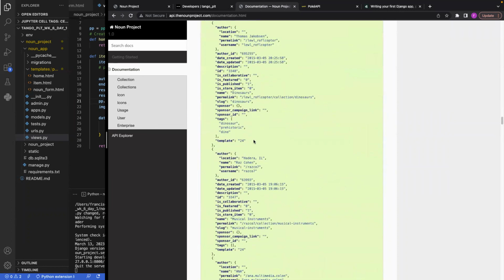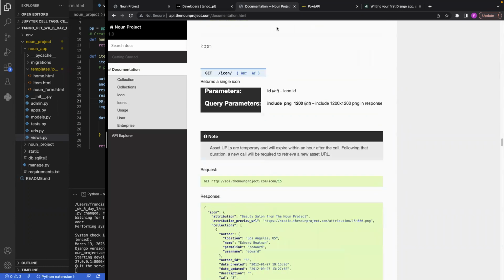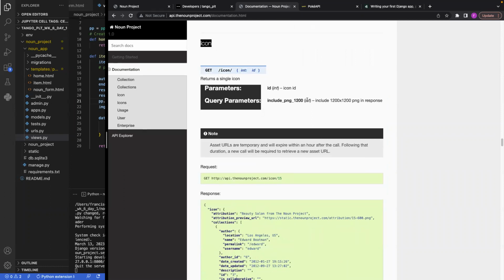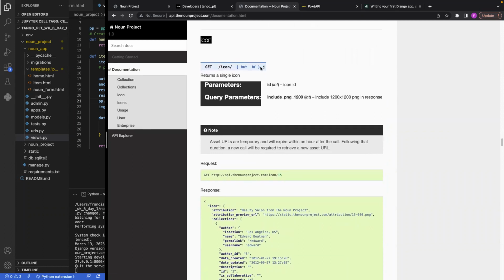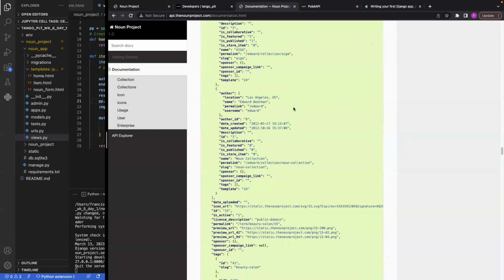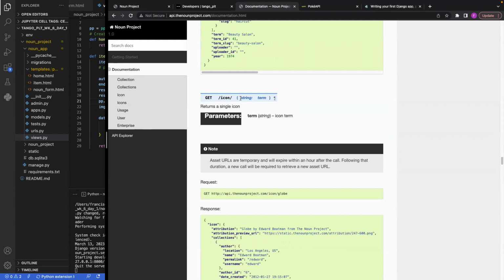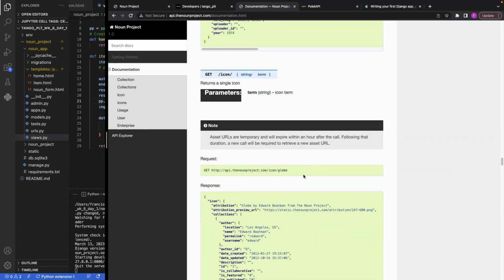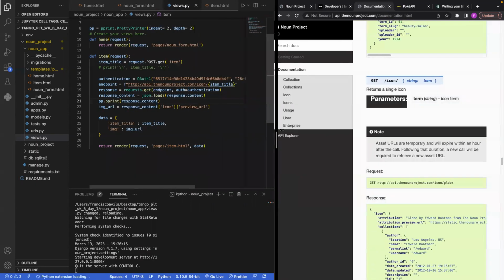So now we go into collections, which gives us an array of collections. And this is more of what we're using, where we're looking for one icon. And for this one icon, we're not passing an integer ID. Instead, what we actually passed in was a string as a parameter or term. So here's the parameter term, it's a string, and then icon term. So we pass it in, we see the dash icon / globe. So if we look here,